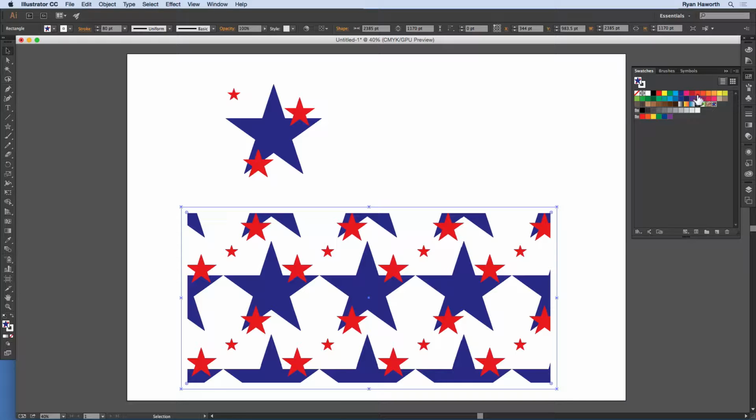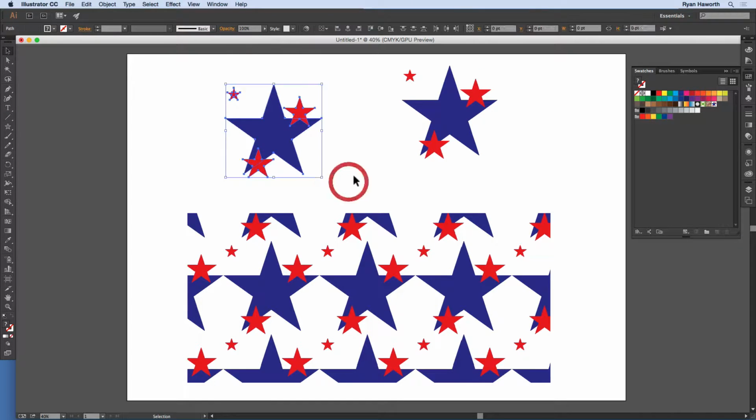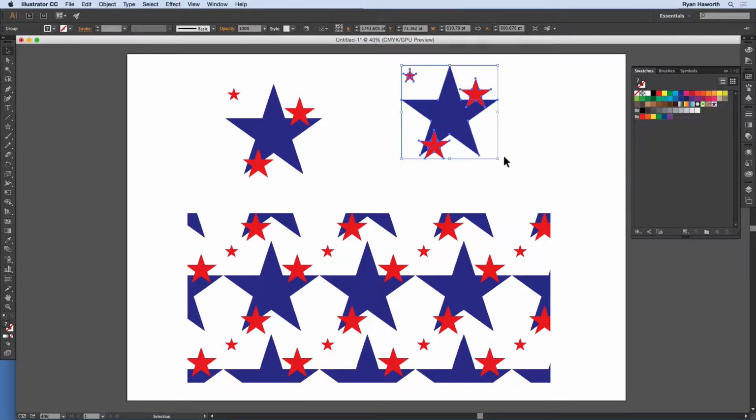The easy way to do that is to grab that pattern and just drag it to your artboard, and you'll see some things. Look at our original, and then look at this pattern swatch that we just pulled from the swatches panel. So it looks pretty much the same. However,